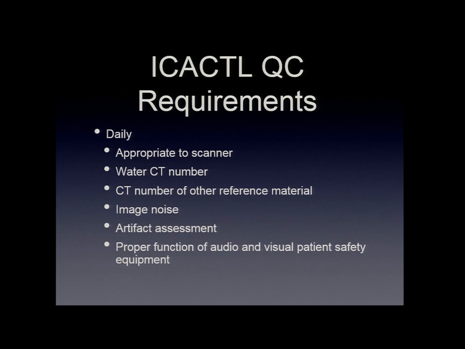But they do want you to look at the water number, because the CT number for water is really essential in the operation and the use of diagnostic CT. And then some other reference materials as well. You want to look at image noise so that we can see that our noise isn't too high, because as Keith was talking about earlier, we really want a good CNR, contrast to noise ratio. And so evaluating that noise and looking at stability in your CT numbers helps you to evaluate that in an ongoing way. And then in the annual survey, then you can look at CNR a little more deeply, or as